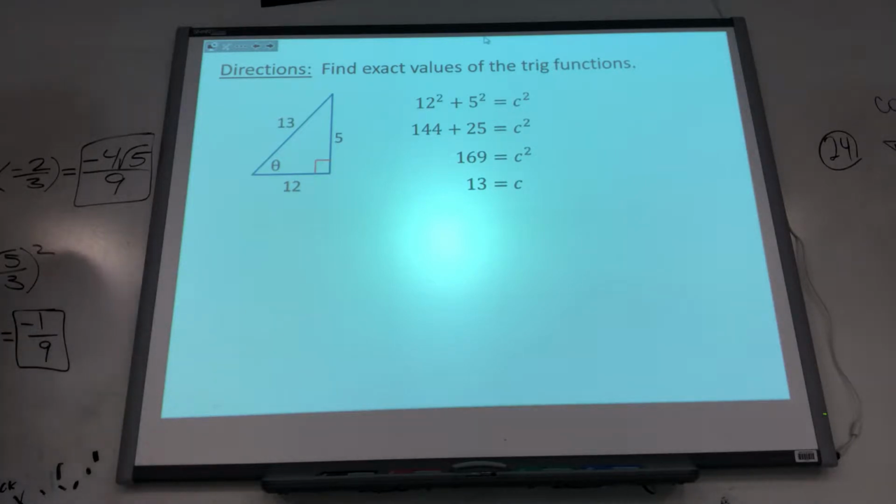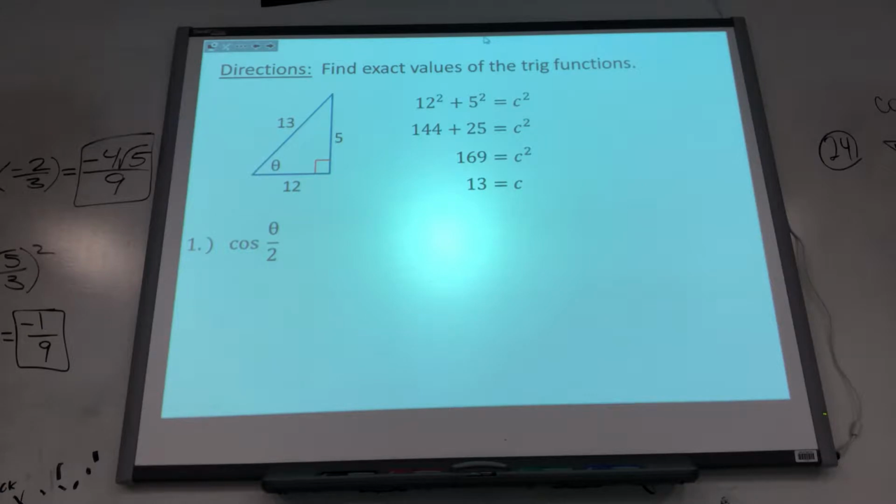You just want to keep 13. That is the hypotenuse. Okay, you didn't have to do that first, but I like to do that. I'll probably need it here in a second anyway. So, example 1,